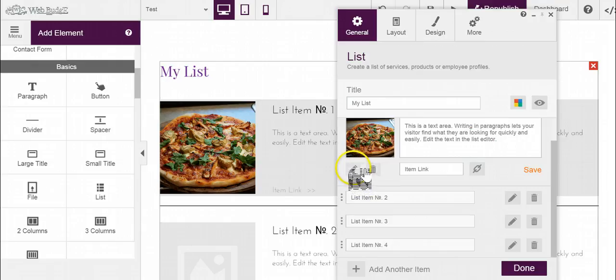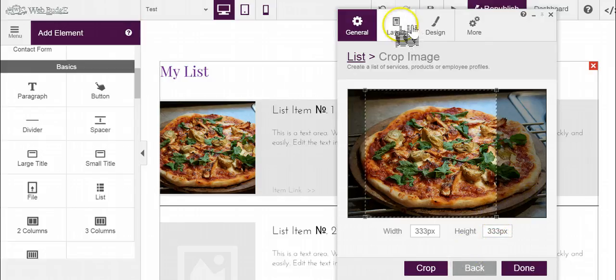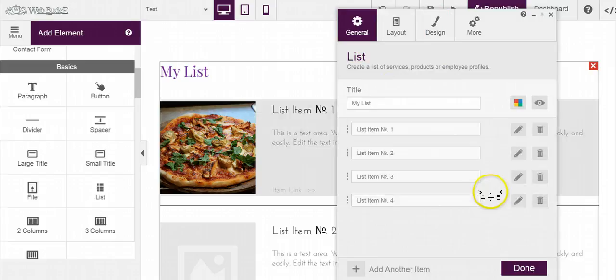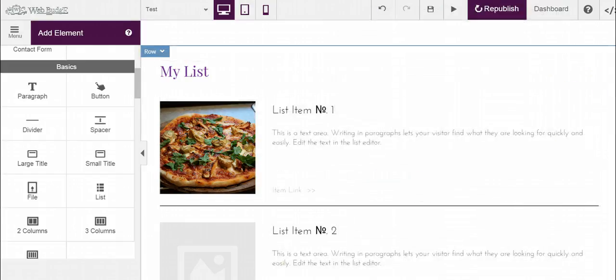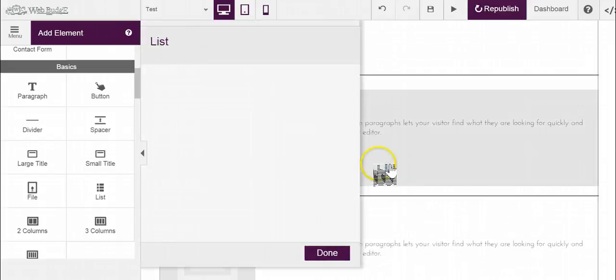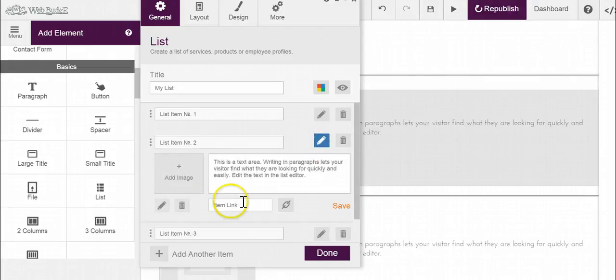If you want to edit that image again, just click on the pencil and you could crop it if you want to. And you could change out, there's a layout. We'll go back to general. I'm going to pretend that I'm done, but I could come down to the next one and simply go to list, edit, there's my next one, click on the pencil,